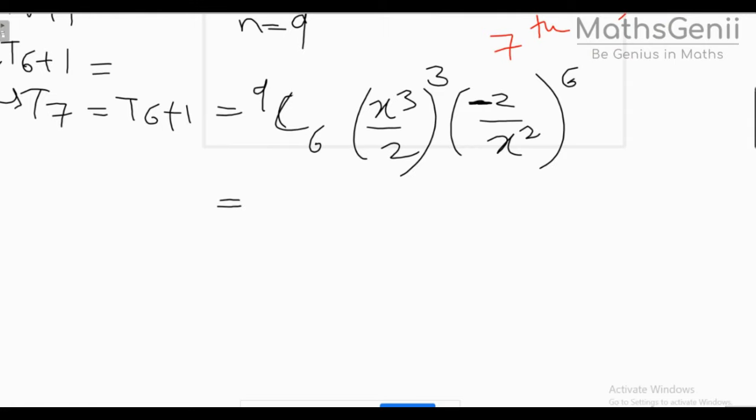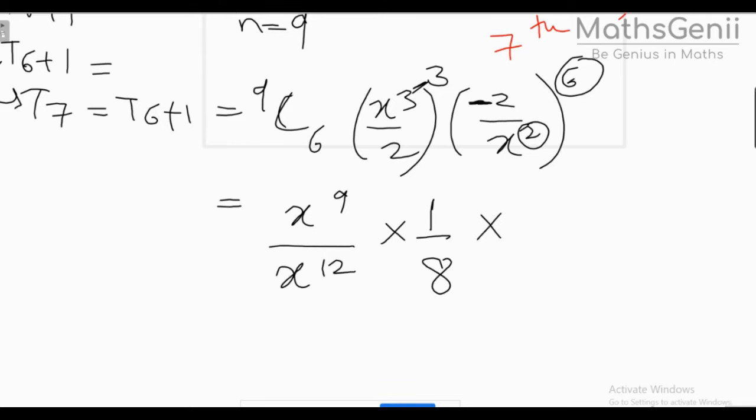Okay, now I have to expand this. Let's talk about the x terms first. So 3 into 3 will give you 9. So x raised to 9 upon this 2 and this 6 will give you 12. So x to the power 9 upon x to the power 12, right? Into, let's sort this out. This is 1 upon 2 cube. So what is 2 cube? It is 8. Into minus 2 raised to even power will give you positive only. So 2 raised to 6 is 64. Into this term